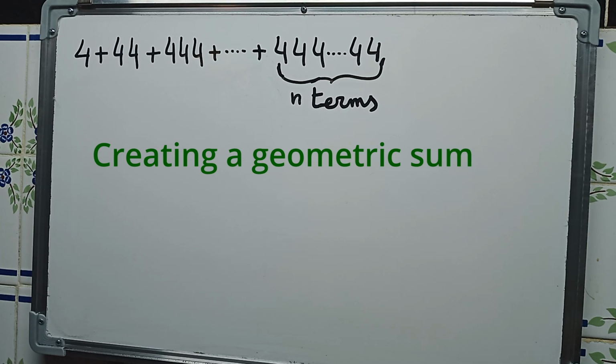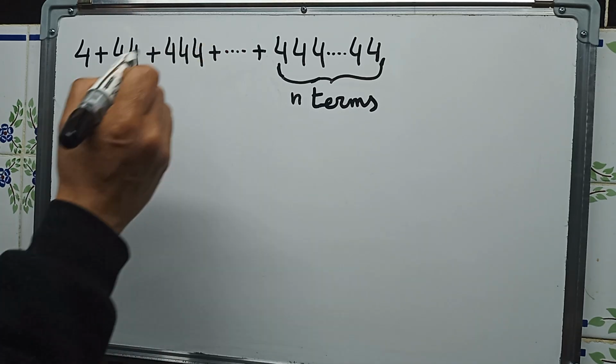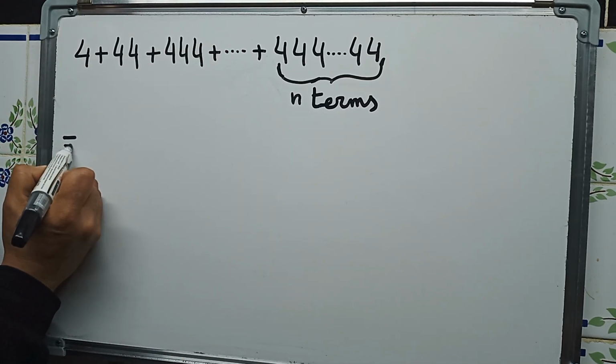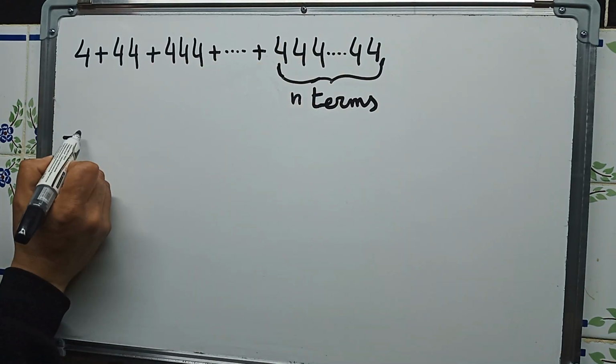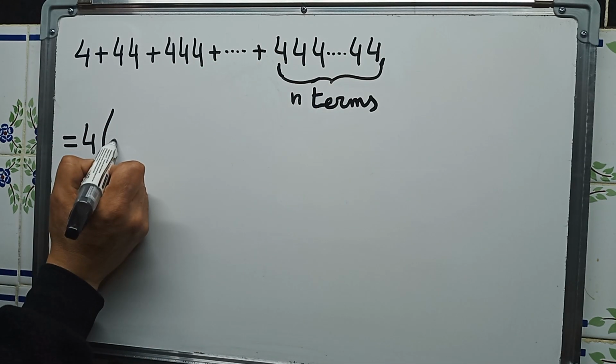In this problem, we will calculate this sum. And the first thing we will do is to create a geometric sum. So our sum is equal to, here we have 4 as a common factor. We have 4 times 1